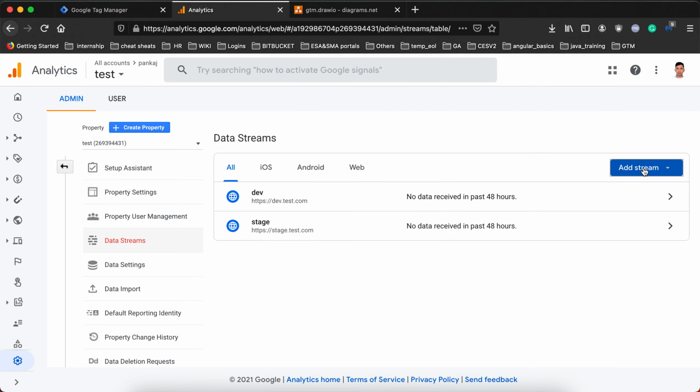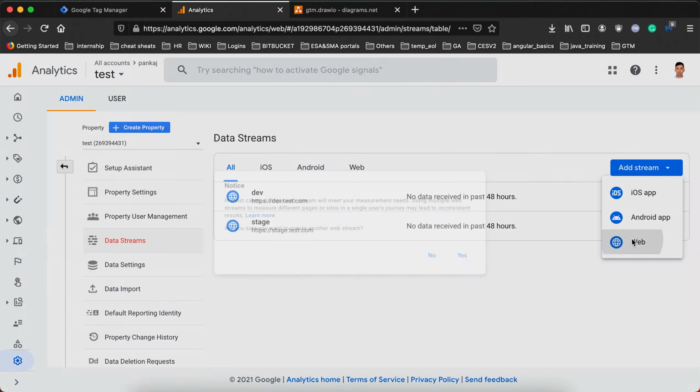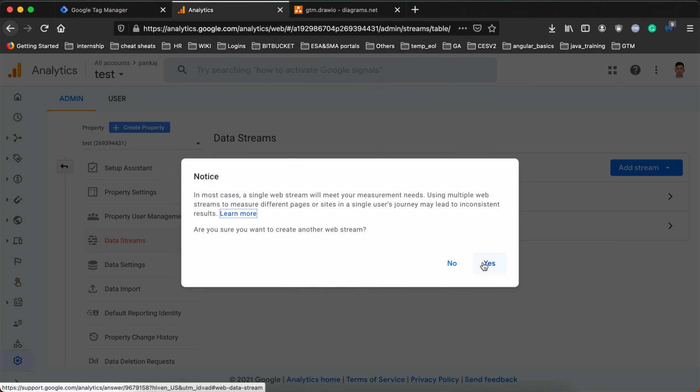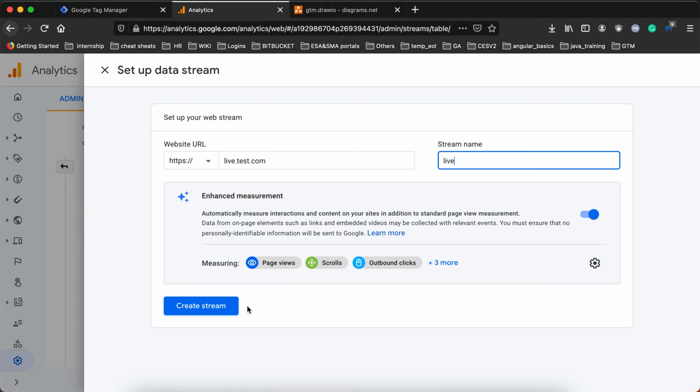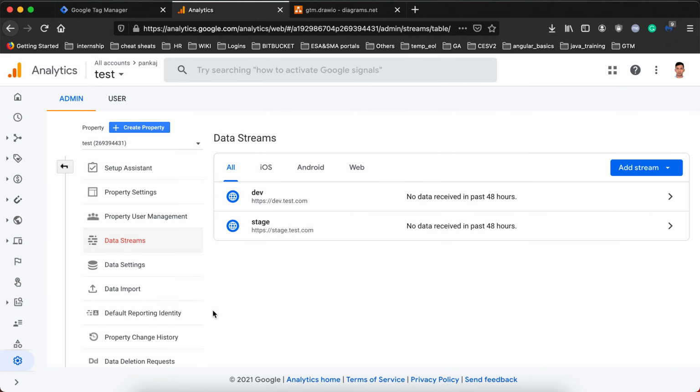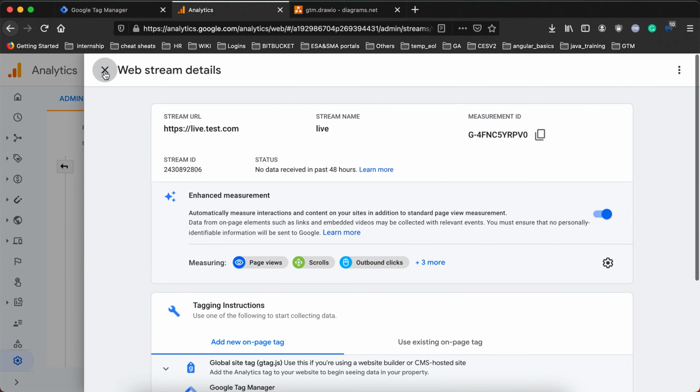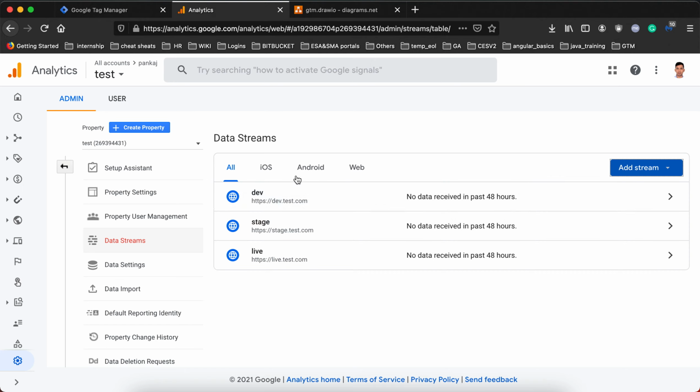Okay, and now the final one, call it live.test.com, let's call it live, and we are done. So under one single property, which is test, we have created three different data streams, one stream for each environment which you want to track.